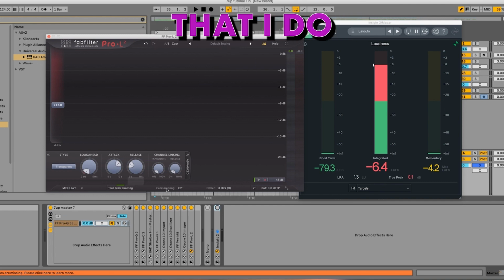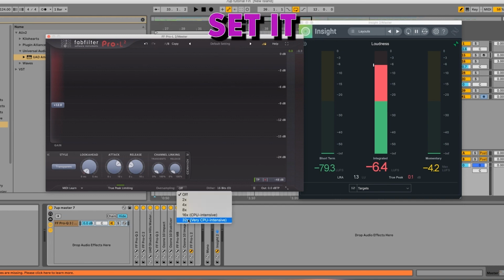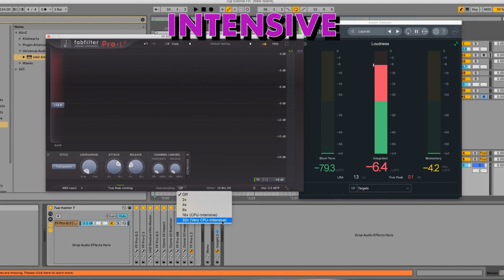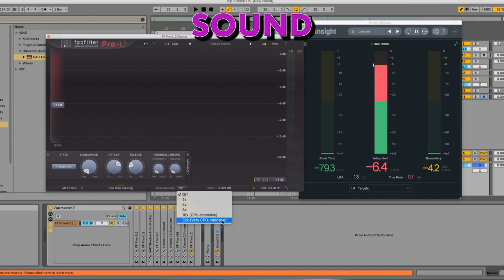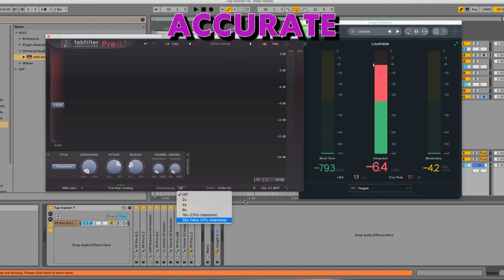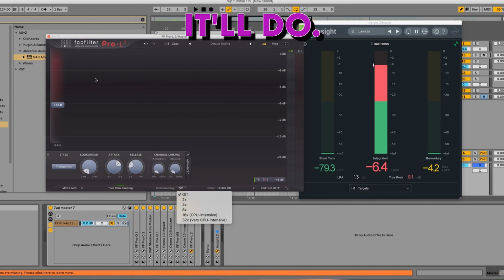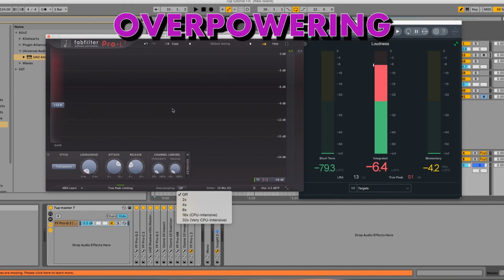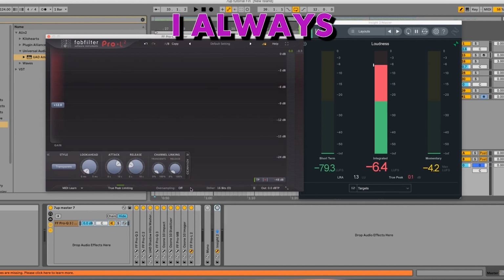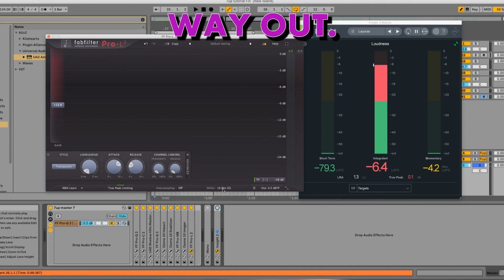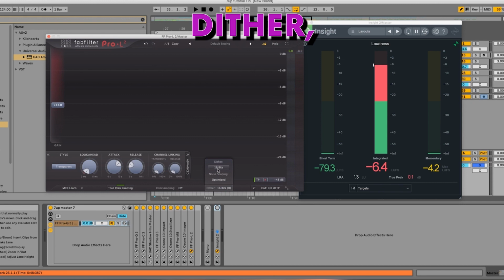The last thing that I do when I'm doing my mastering is I'll set it to the highest, most CPU intensive setting because it'll sound the best. It'll do its job the best. Okay, so this is like overpowering your limiter. So I always do the highest on the way out. I do a 16-bit dither, and then